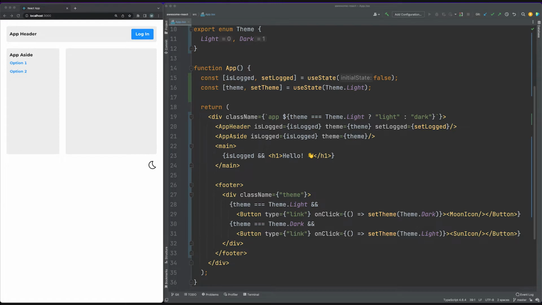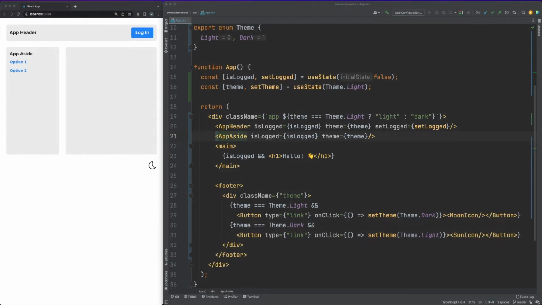Let's take a look at an example and understand what the Context API can actually help us with. I created an app component which has two state values: a logged boolean, which keeps track of the authenticated state of a user, and a theme value based on which we can easily change the appearance of the UI. When the login value changes, some more content is displayed on the page. Of course, this is a demo, but this is the type of use cases you'll run into in real life